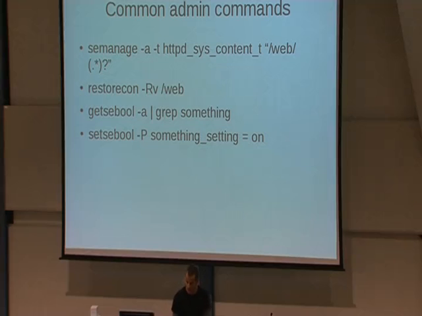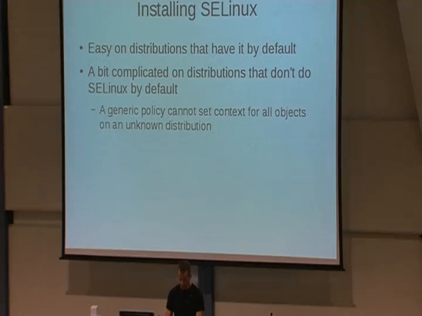Next, when you have set the context type, you need to run restorecon, because semanage is going to write the context type that you want to use to the policy, and you need to apply it. restorecon -R is going to do that. In this example, on the directory web and everything that exists in that directory. Now another command, I already mentioned them, the booleans, getsebool and setsebool. getsebool -a shows you all the booleans that are available. Grep on something like FTP or whatever you need,